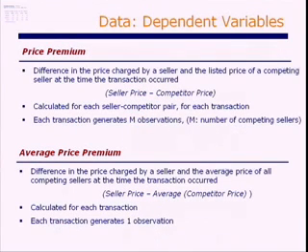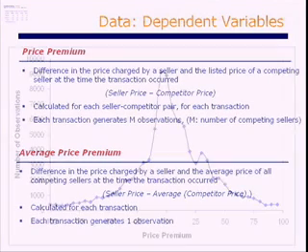So we've measured the premium, the pricing power of sellers, in two different ways. One is the way that I've just been talking about, where for every seller-competitor pair, an observation is generated. We also looked at a different measure, which is to take the average of the competitor prices and take the difference between that and the seller's price. So we get one observation per transaction. On average, how much more can a seller charge than its competitors?